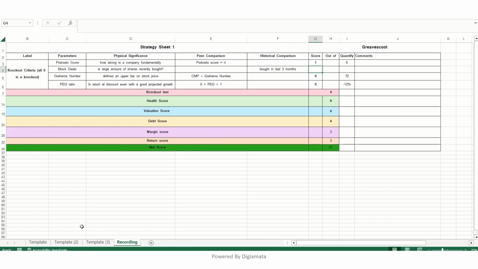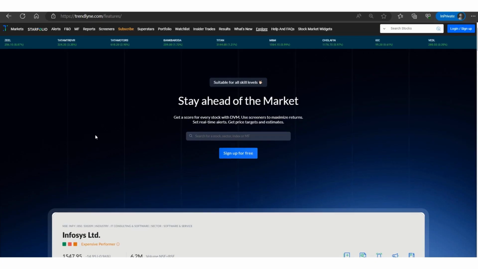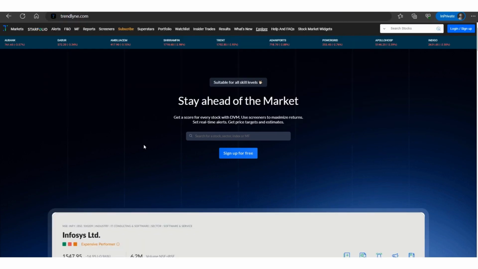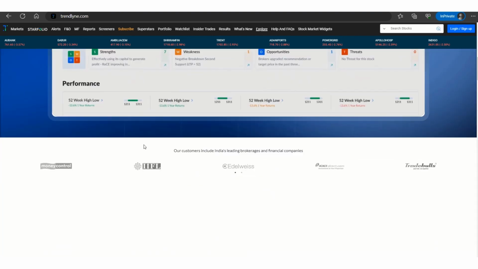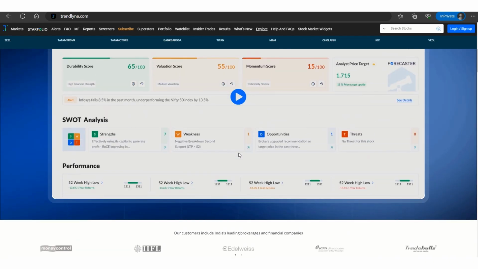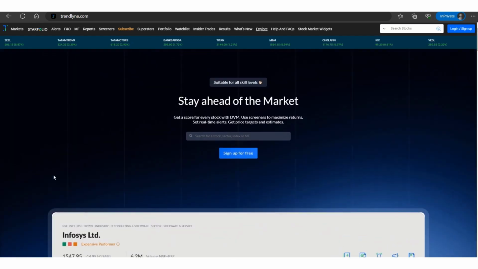Now today I am also introducing you to one of the new sites, and the name of the site is trendlyne.com. So this is our trendlyne.com. You just have to type trendlyne.com and it will be here. And this is not a gimmick website. They have a lot of customers. Even Money Control itself is a customer of Trendlyne, along with IIFL, Edelweiss, ICICI Direct. So when you see data from these websites, they are sourcing their data from trendlyne.com. They could be partial or the whole data, but Money Control Pro even uses Trendlyne data and it labels there that the data is from Trendlyne. So this site is pretty trustworthy.